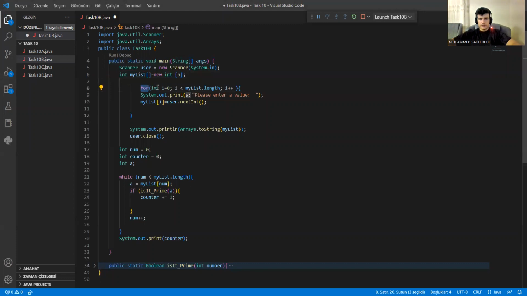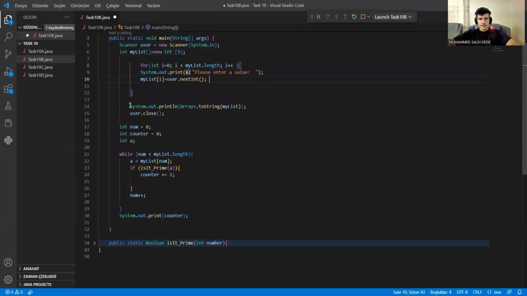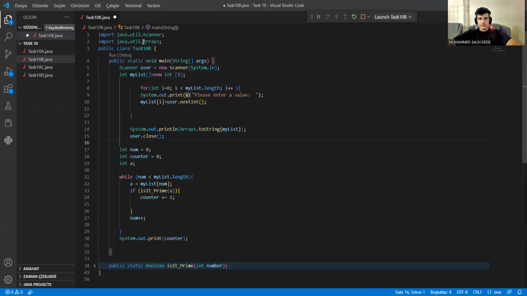And we say for integer i equals 0, and while the length of my list is bigger than i, we just add in every case 1 to i. System.println, please enter a value to add to the list. And in this case, we add the object to the list. And then we say System.println, Arrays.toString, which comes from the second import code, and my list,